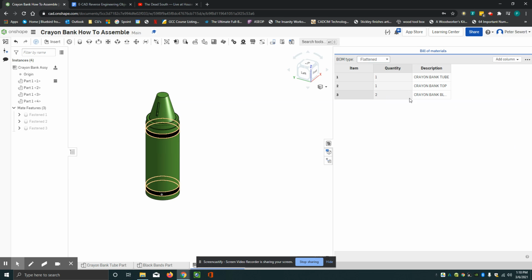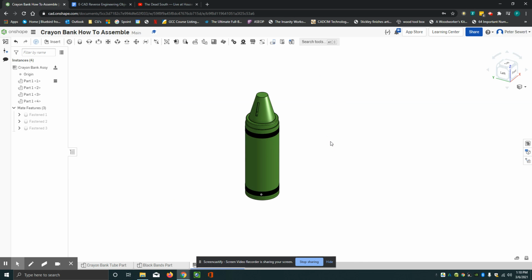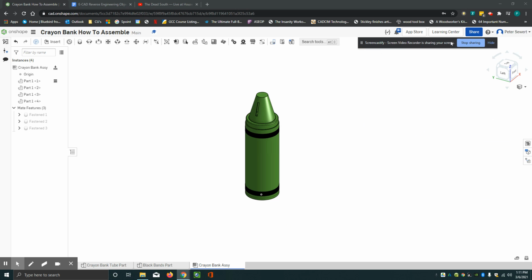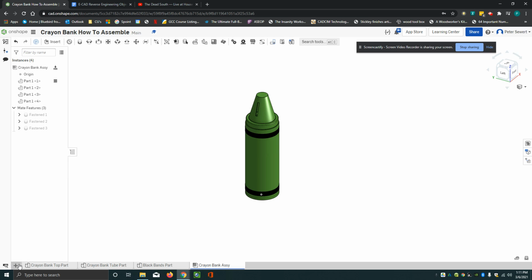Notice I don't have any blank columns in here. You want to get rid of all the blank columns. So that's the first thing that you probably want to set up, and that is just on your regular assembly that is down here. Now, I'm going to go to the little plus sign here,